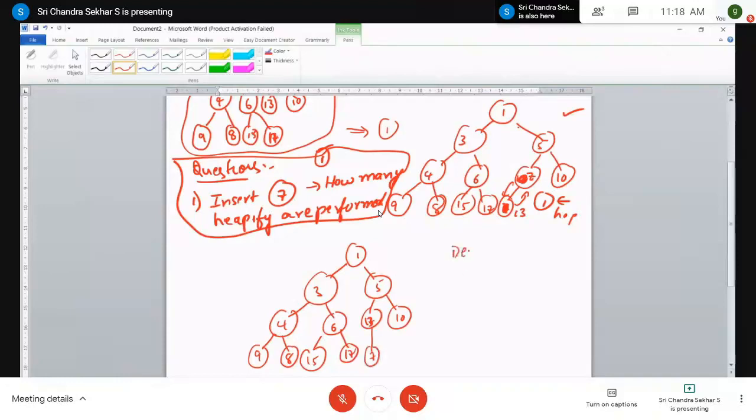So deletion from a heap means whenever you want to delete an element from the heap, you have to delete the root element first. Therefore, you delete it. After deletion, you will have some space here. Therefore, you have to replace this root node with the farthest right node in the lowest level. What is the lowest level? This is the lowest level, right? So what is the farthest right node? Which is nothing but the rightmost element. This one is the rightmost element. So you replace 1 with 7. You delete it. Not getting the eraser here.